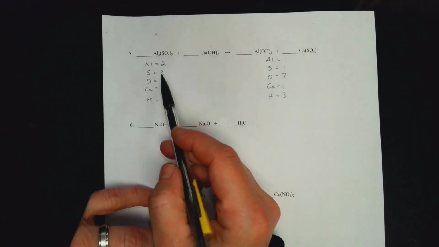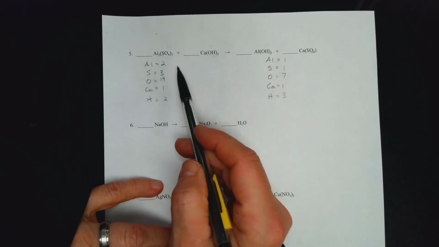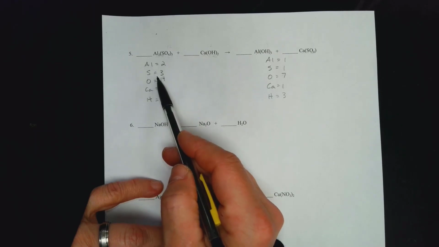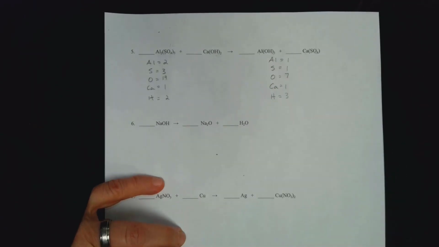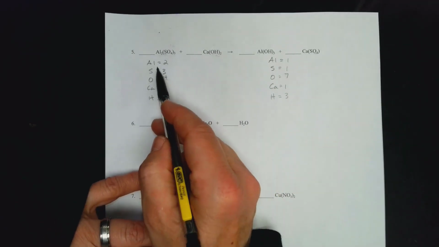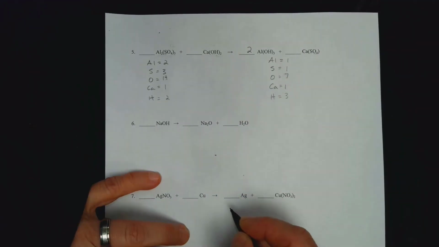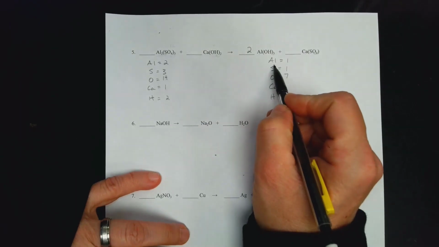So again, you guys, as far as determining where you should start when it comes to your balancing, I like to start with anything that has a ratio to 1. And I've got a couple of those. I have the aluminum with a 2 to 1 and the sulfur with a 3 to 1. It's up to you which one you start with. Like I said, I personally like to start with the simplest one. And in this case, that simplest one is going to be the 2 to 1. So I'm going to put my 2 over here, and the reason I'm doing that is because the aluminum on the